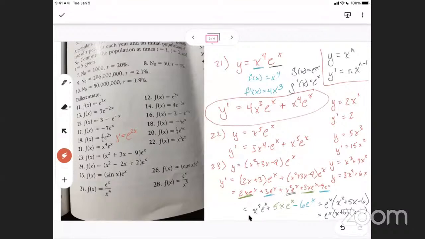So for this number 25, remember what I told you? What's the derivative of sine? Isn't it cosine? Yeah, it's cosine. And the derivative of cosine is negative sine. Yep. Is that right? Or is that vice versa? I actually kind of don't remember. I think that's vice versa. You're right. I believe that's correct. Here, let me look for another. Yeah, the derivative of sine. Here's another good derivative rule. Oh, here, I'll put this one on here too.